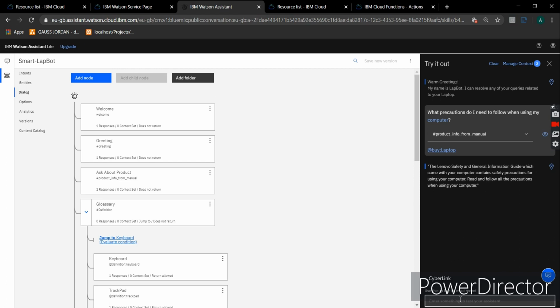So now let's query some more from the Watson Discovery. Let's type in how to navigate to start menu.